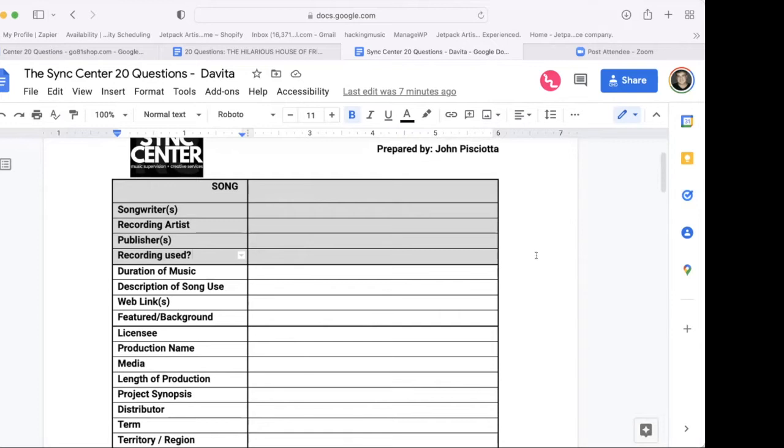If somebody wants in perpetuity, that's a higher price than a film festival circuit for 1 year. Right. So it gives clarity to the composer who's licensing the music and the supervisor who wants to license the music for their film. So if you like, we can kind of step through this together. Okay, so this is the 20 questions document. At the top of it is the song that we want to use. Okay.